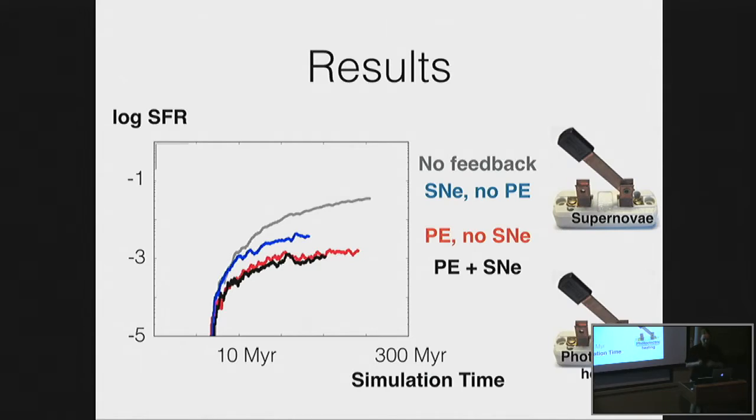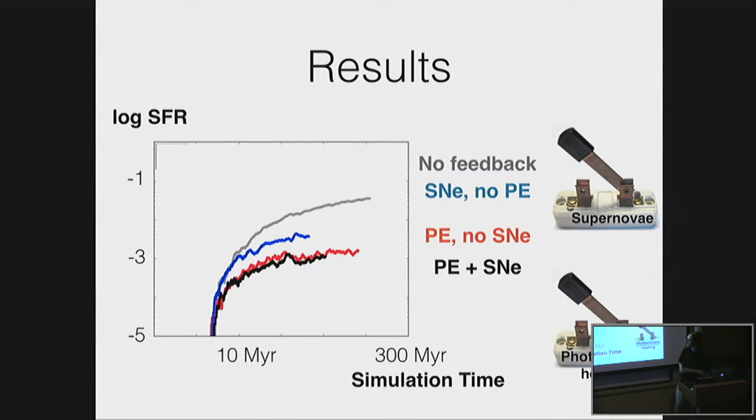So what's the result here? This is the first thing you can do. You can plot the star formation rate as a function of time for the 4 different cases where each of these is on and off. So let's start with the black line where everything is on. That's what we think the real universe should be. And you see that the star formation rate rises and then levels off around 10 to the minus 3 solar